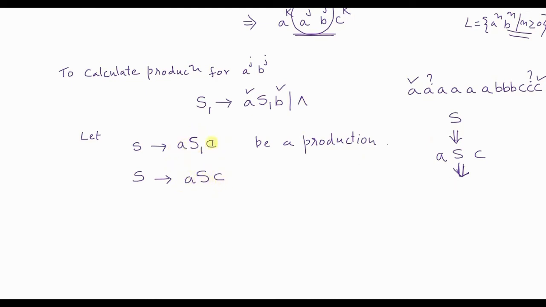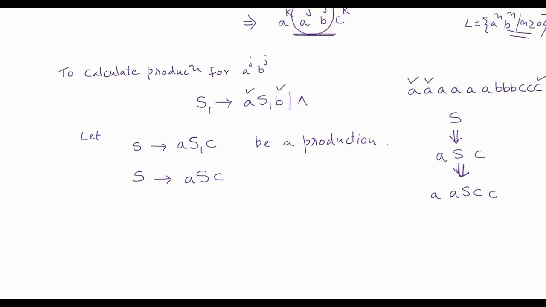If I do this replacement, it can only give me one matching pair of A and C, and then since S disappears and what we get is S1, you will not be able to match the last A and C pair which is remaining, right? So again this S I am going to replace with A, S, C. As it is, I write A and C from the previous step, and S I replace with A, S and C. That's how I get 2 A's matched to 2 C's. Is it clear?